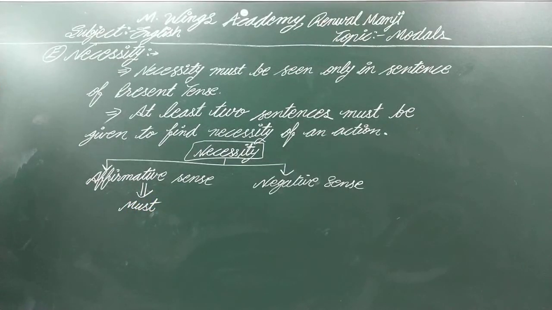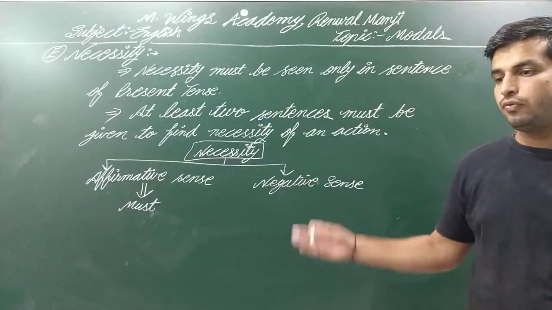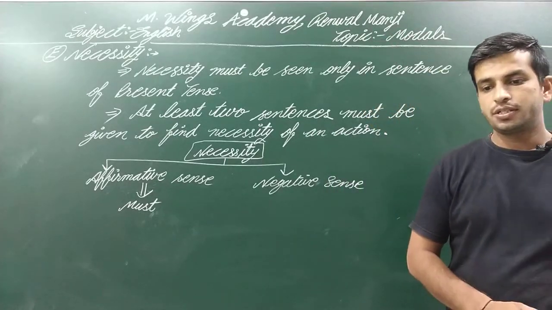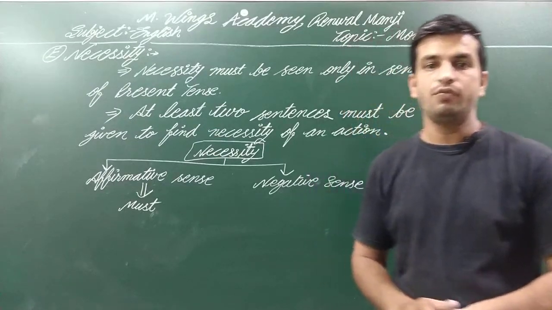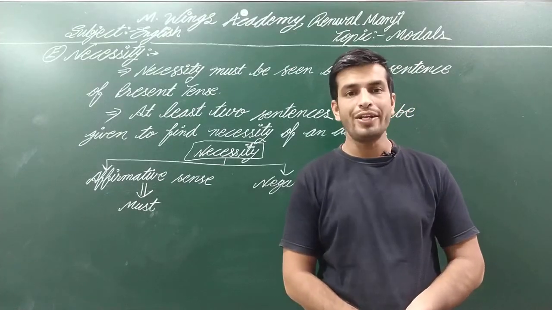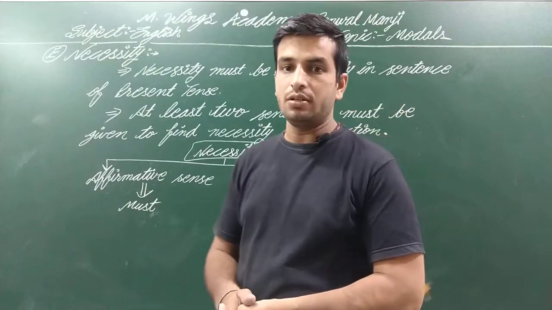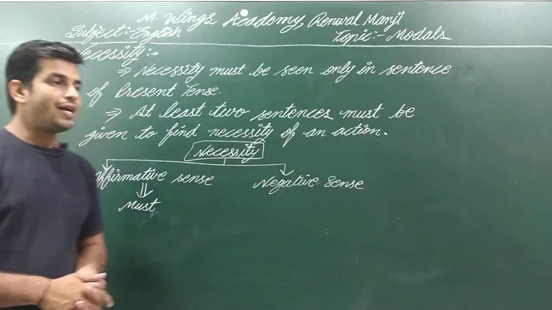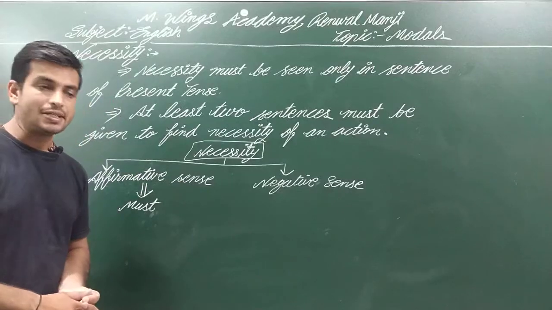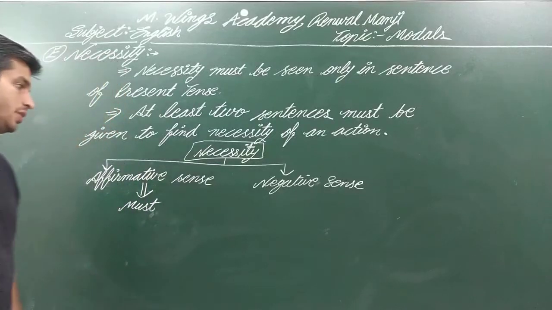If the given sentences are two in a single question, then we have the option to find the necessity. Out of two sentences, in one sentence, otherwise in one part of the question, we are told to write a model according to the given situation. Another sentence is written with a verb. So find the tense of the verb. If the given verb is in present tense, then we have the option to find the necessity.